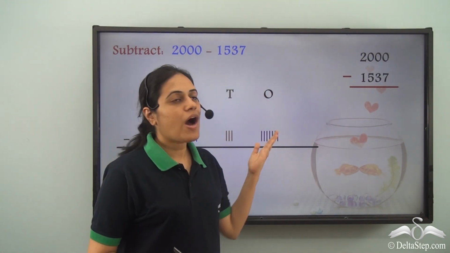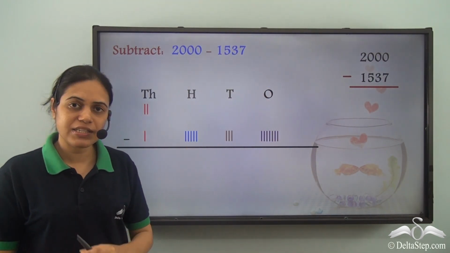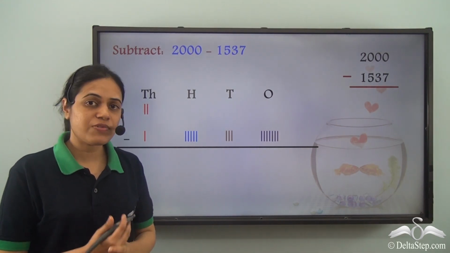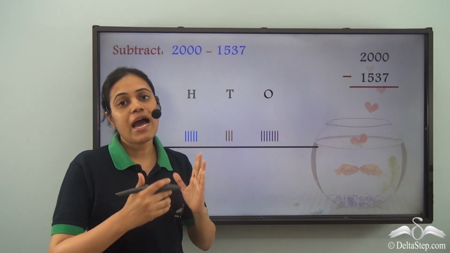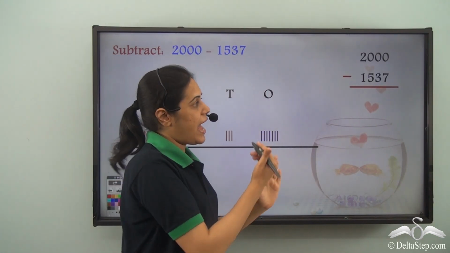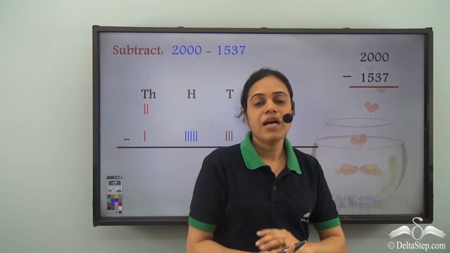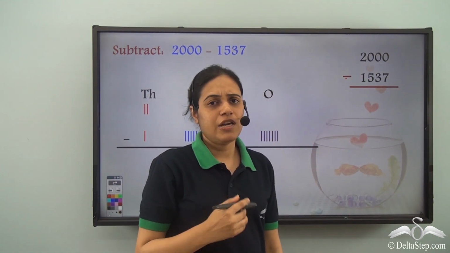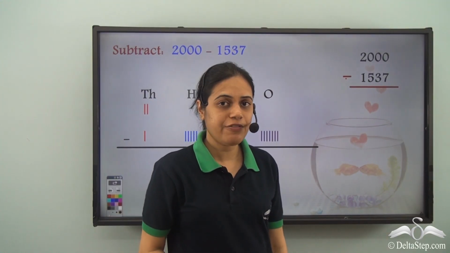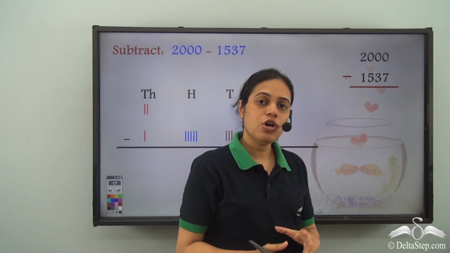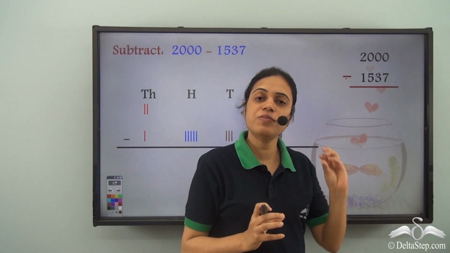Now these two are actually two different ways of writing the same problem. I can write it either like this using the digits, or I can write it like this. Now I need to subtract these two. For subtracting, I need to start from the ones place, that is from the rightmost place, and subtract the digits. But now if we look at the ones place, I have 0 minus 7. Can I take away 7 from 0? No, I cannot, because 7 is greater than 0. So I cannot subtract a bigger number from a smaller number.